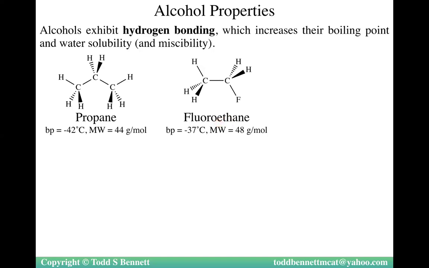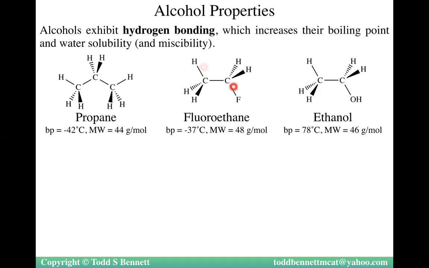Fluoroethane, chlorofluorocarbons were common as a refrigerant for many years, so this is on the low end of the scale, also around 48. Notice the boiling point is a little bit higher because of the polarity, but not much. And then you have ethanol, a massively large boiling point compared to the other two, despite being comparable in molecular weight. So molecular weight and intermolecular forces both impact boiling point. So if you're around 44 to 48, apparently your boiling point should be around negative 40, but because of the H